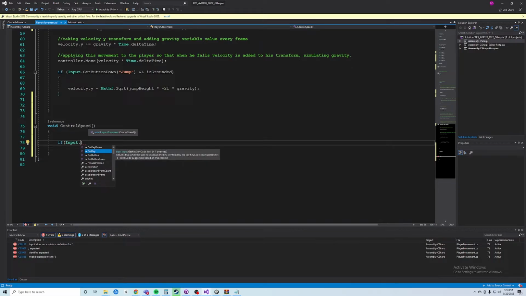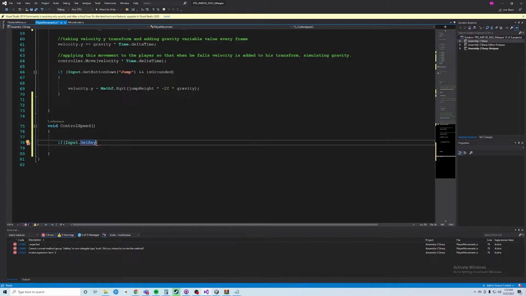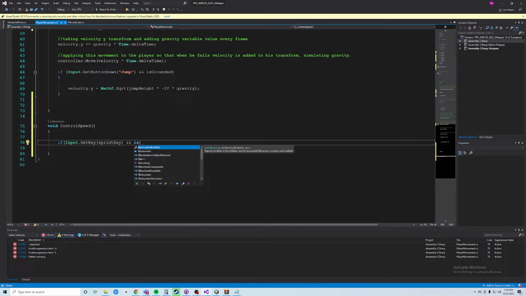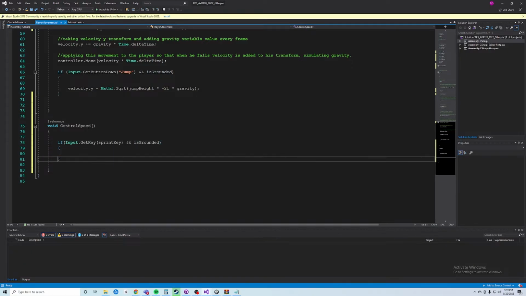So we will use GetKey, all right, and we will pass it the sprintKey variable we just created, okay? And remember, that's assigned to left shift. And then we want to check and make sure that they are grounded. So we want to make sure that that bool is true. So they can't sprint mid jump, right? And so we're going to set the move speed equal to,